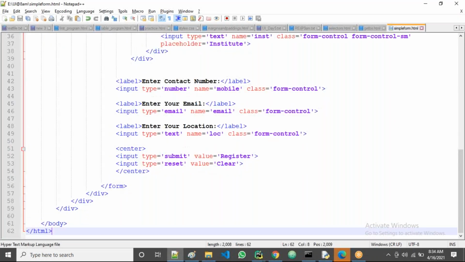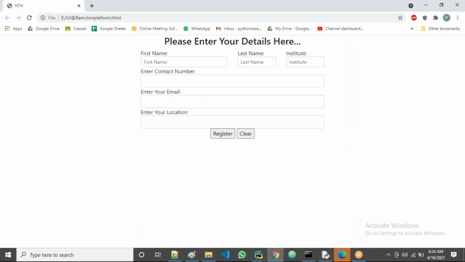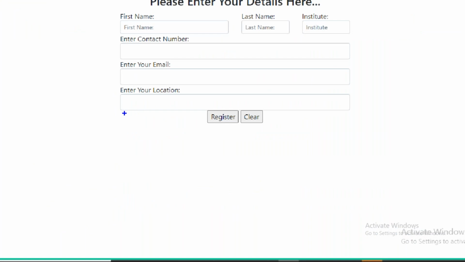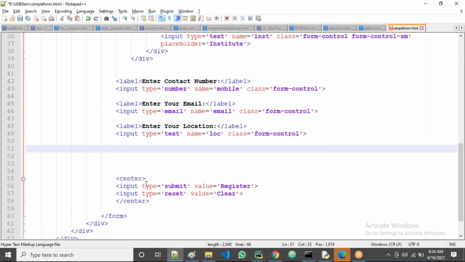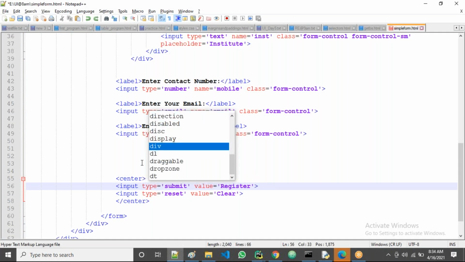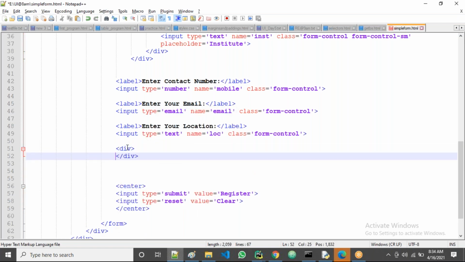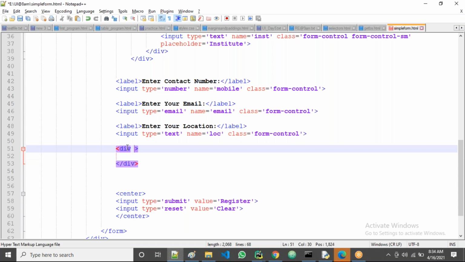At the last, I want to take two fields, guys. Before the buttons, all of you observe now. I want a course name and I want the trainer name, guys. Right? Course name, trainer name. Now I'll take one row, guys, because I want to take both in the same line. Okay. I'm taking a div now. Why this div? This is for row purpose, guys. Class row.